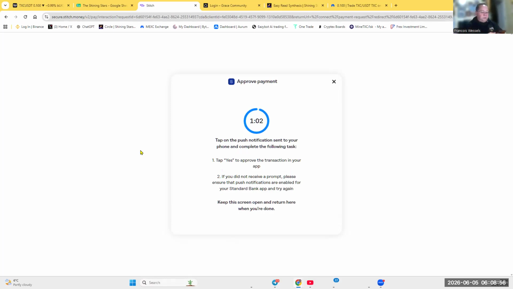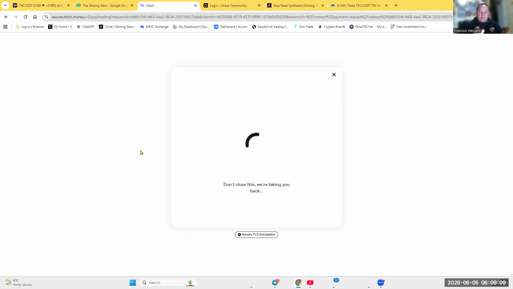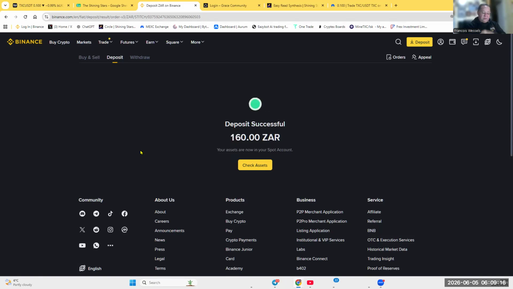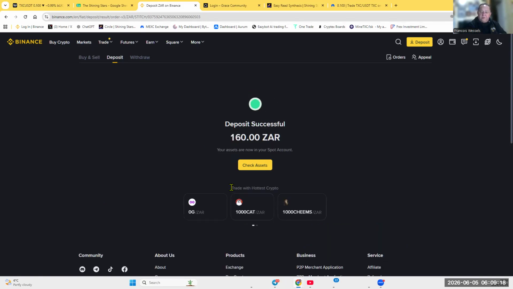I received the OTP number. Now I need to go to my banking app and it's asking me to approve my payment. So people, I had to do it twice. I had to receive my OTP number and then also go into my banking app, and there my funds are transferred from my bank.